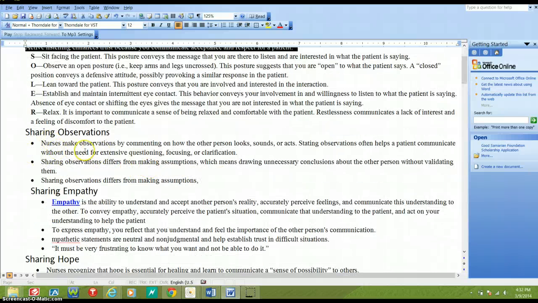So in sharing observations, this is what I came up with for sharing observations. Okay, now I also did show you that you would save this, and then this is actually what you would send out to all the rest of the people in your group. It takes a little bit more time to take notes in the chapter, but